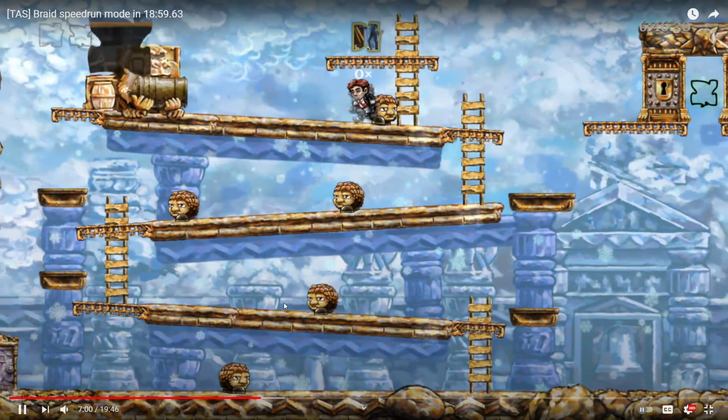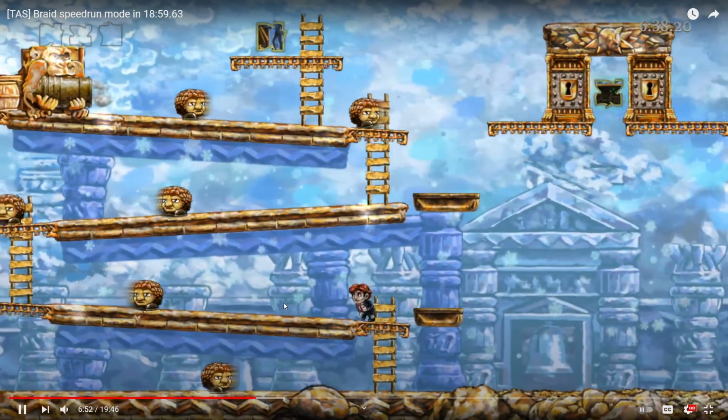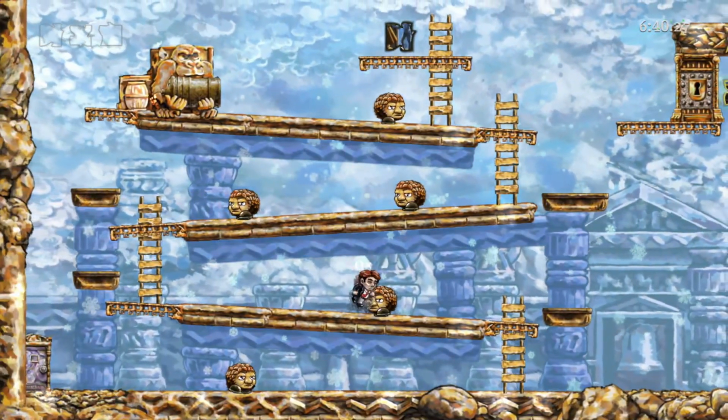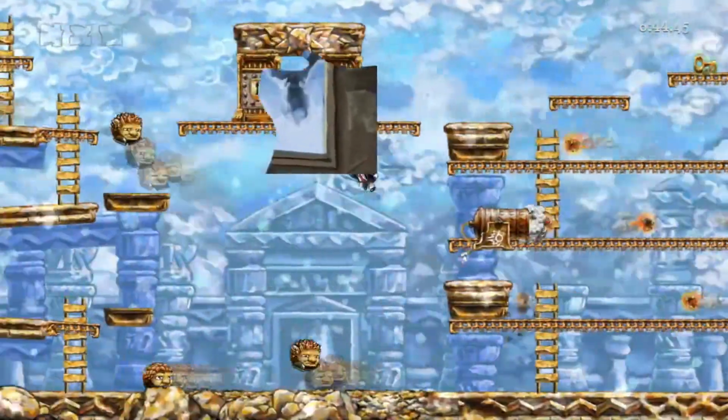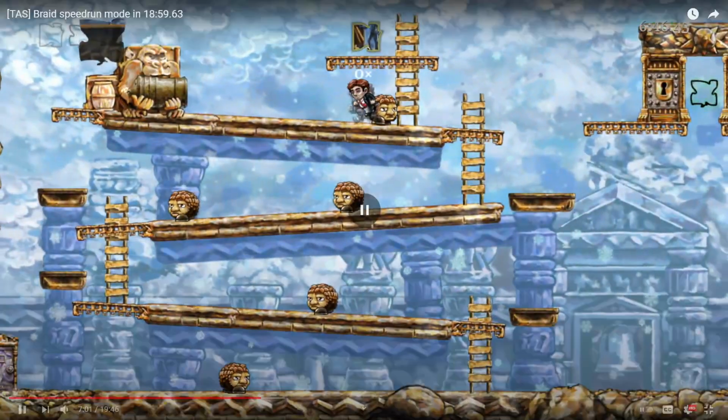This is normal. Okay, let's just... I want to see this in normal speed again now. Now that I know what's happening, this is insane. So he gets the first piece, rewind. Second piece, rewind. Third piece. That's holy crap. The whole thing I explained in like a minute or two took like 3